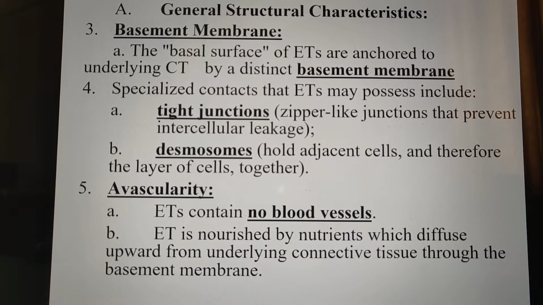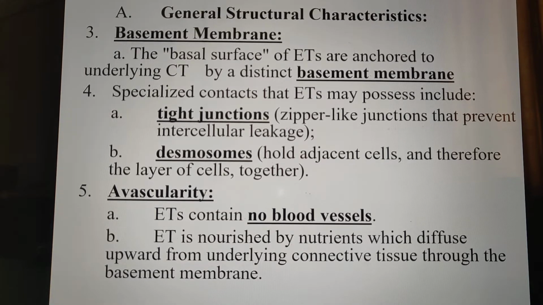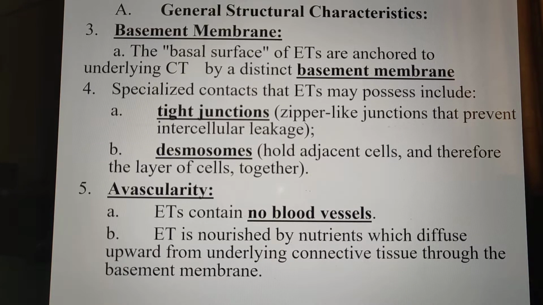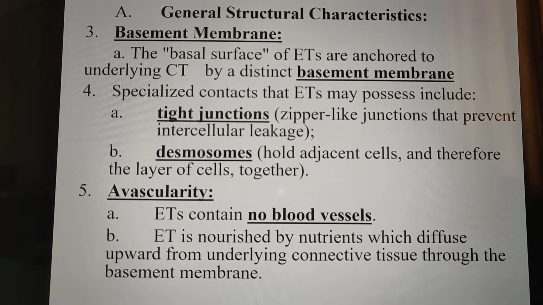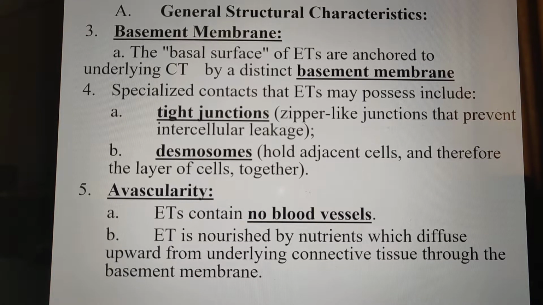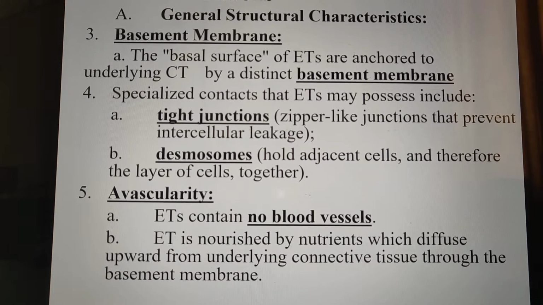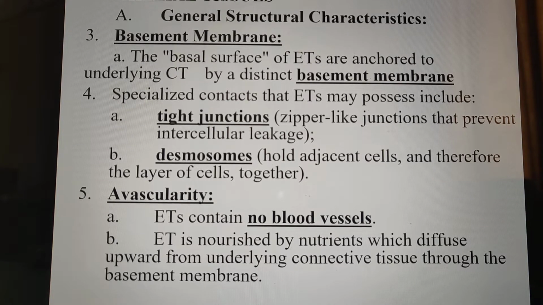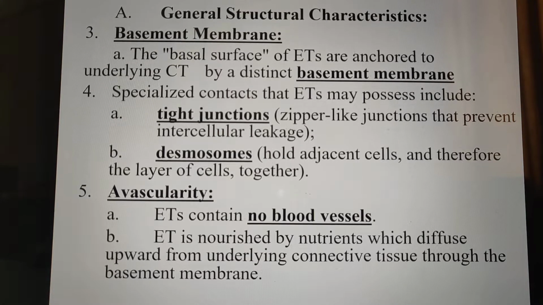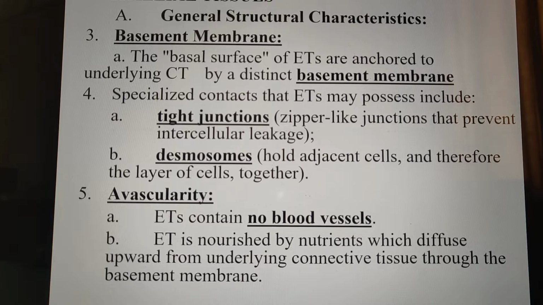Specialized contacts that epithelium may possess include tight junctions. A tight junction is at the space between two cells. It is a zipper-like junction that prevents intercellular leakage, so two adjacent cells are tightly closed. In the lower part, there is a space between two cells with a desmosome. It holds the adjacent cells